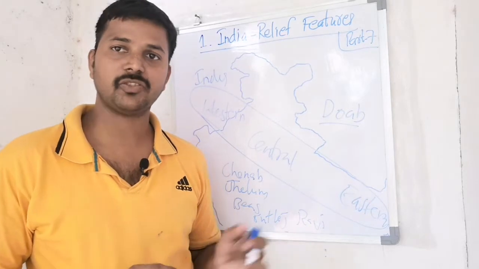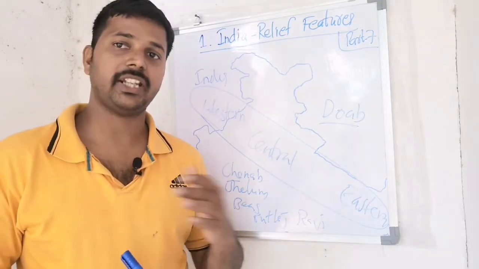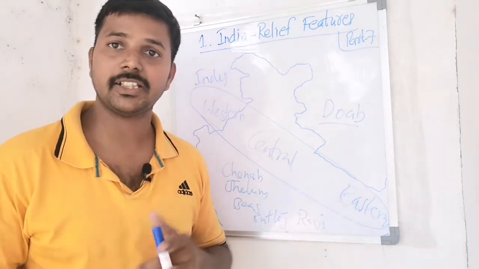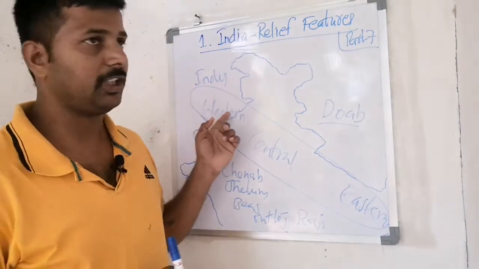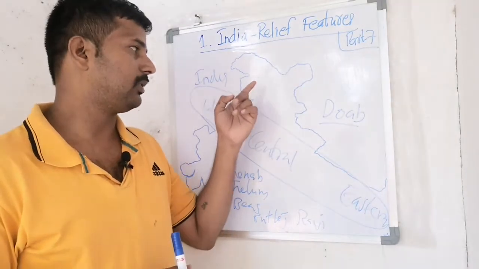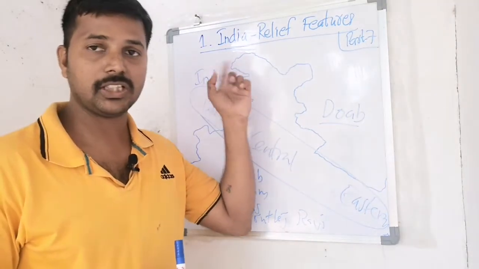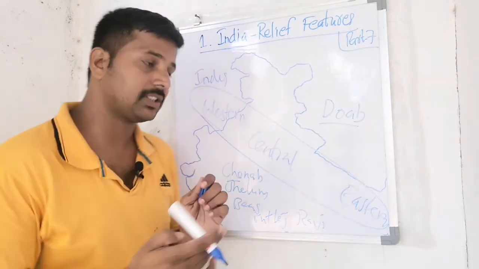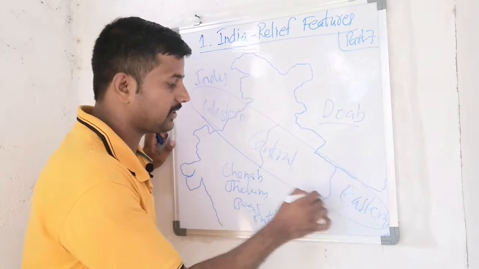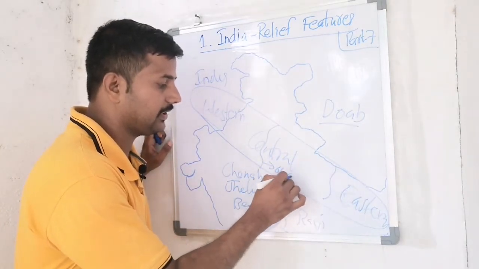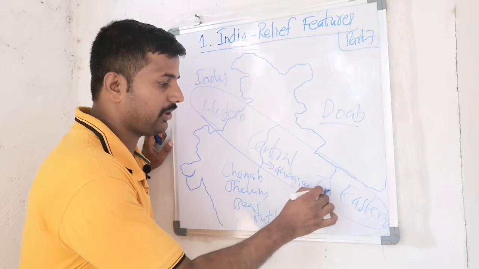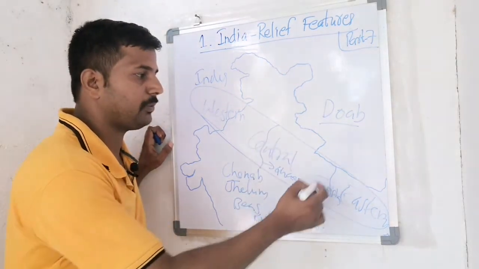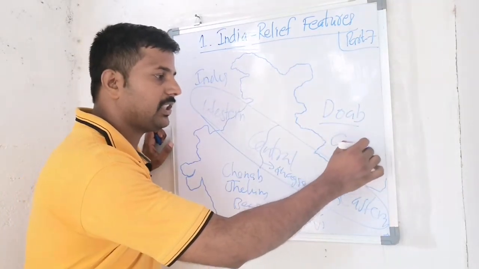The central plain is mainly formed by the Ganga river and its tributaries. The western part is mainly located in the states of Punjab and Haryana, and some portion in Jammu and Kashmir also. The central part is located between two rivers known as the Ghaggar river and the Tista river. Between these two rivers, the central part is located. The central part is formed by the Ganga river and its tributaries.